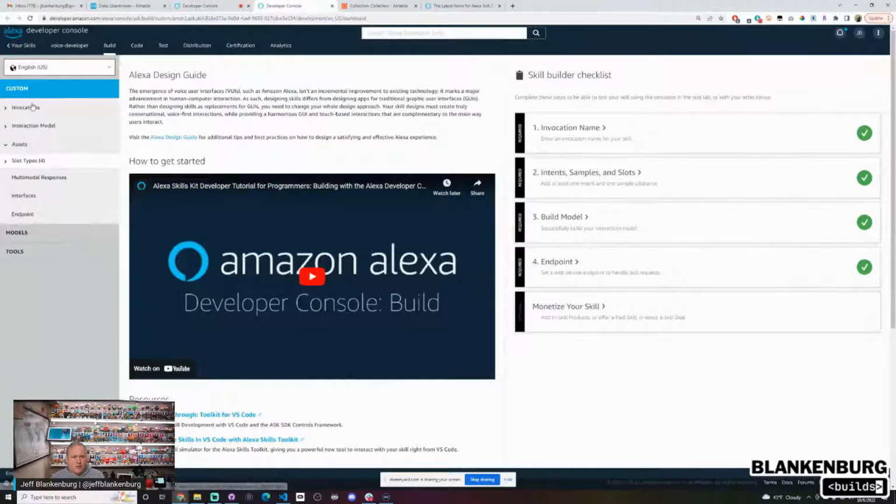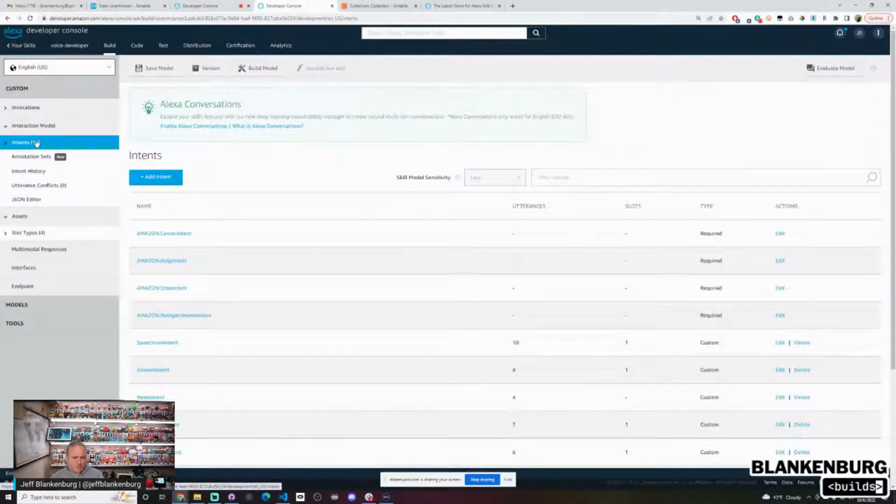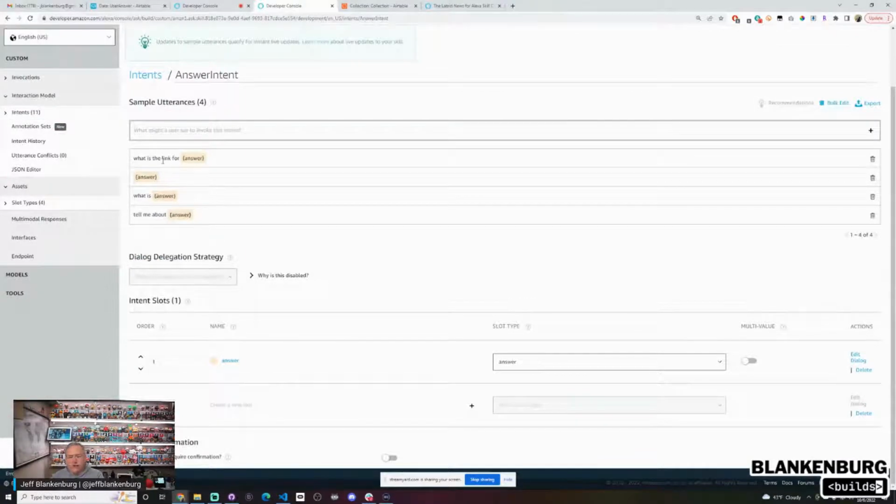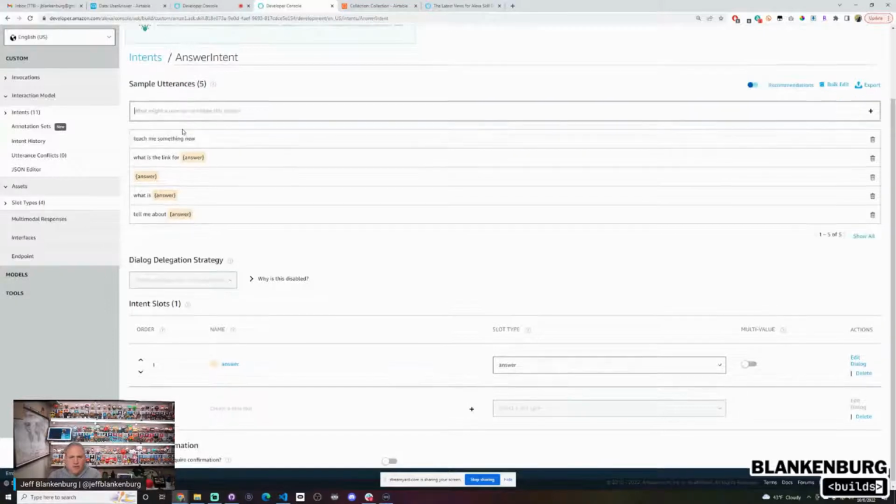And in here, if we look at my interaction model, you can see that I have my answer intent. In my answer intent, I have 4 things. What is the link for this? Just say the word, what is, or tell me about. But I'm going to add something new here, which is like, teach me something new. I'm adding it here, but that's just for